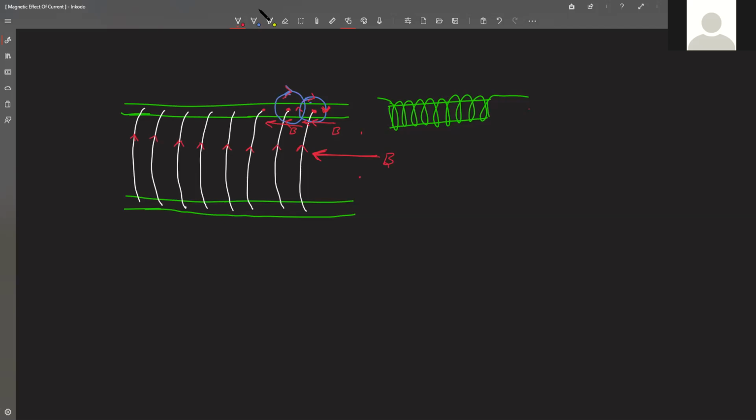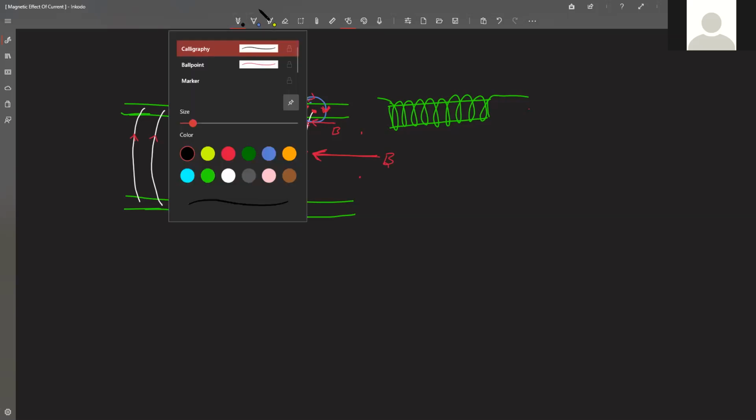What about other components of magnetic field? There will be magnetic field here as well as here. Now you see this part, this direction is like this, in clockwise direction. So here also it will be like this. Now if I magnify this part, if I magnify only this part,